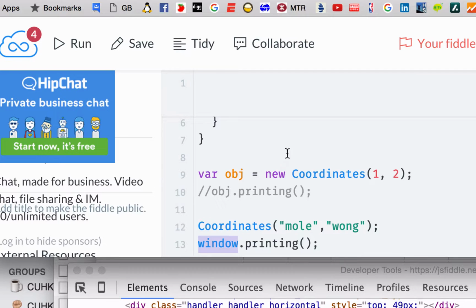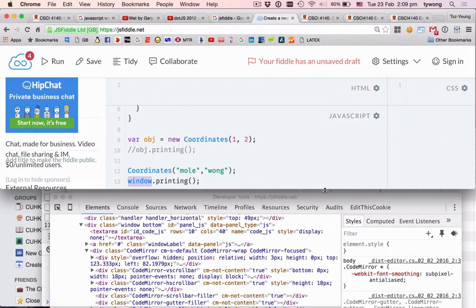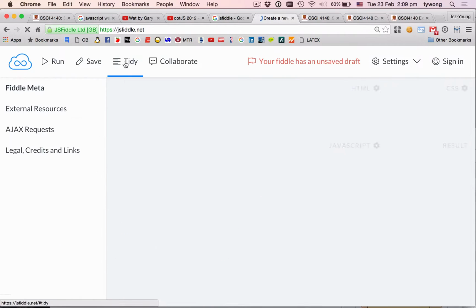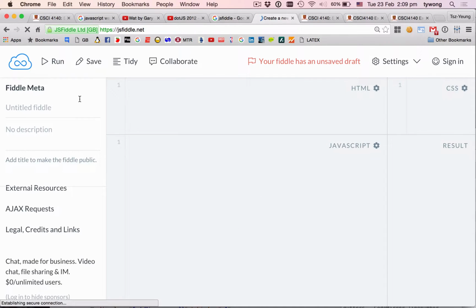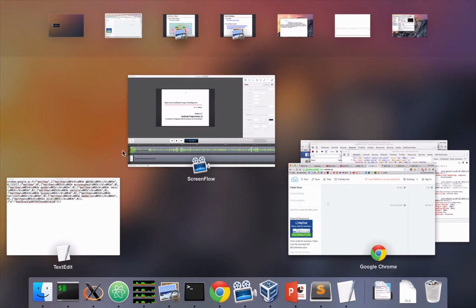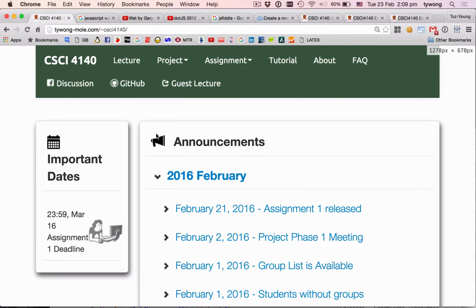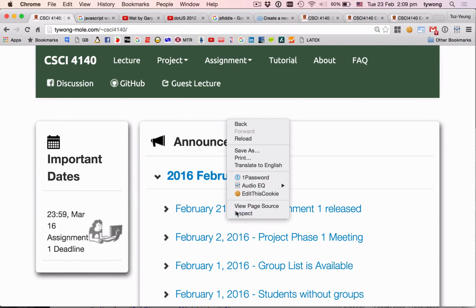Let's say I clean up the JS Fiddle now. Okay, clean up JS Fiddle, and how can I clean up? No way. I want to create new stuff with the jQuery capability. No, okay, forget about it. Let's use my course homepage. Okay, so my course page has jQuery. So what I'm going to do, I use inspect element,